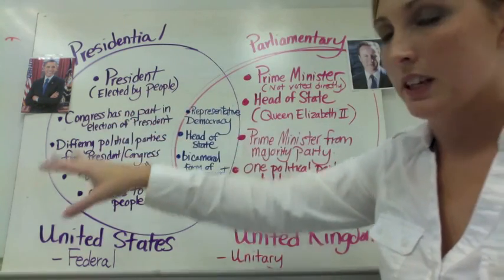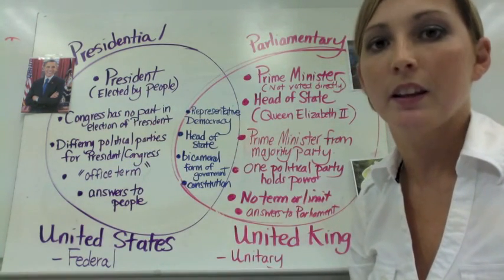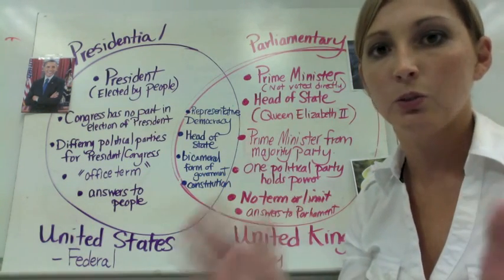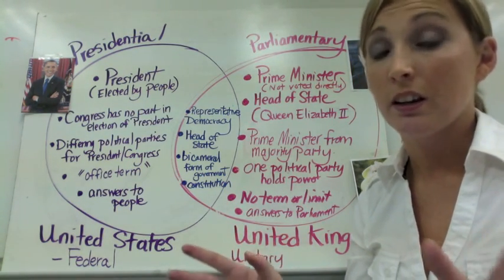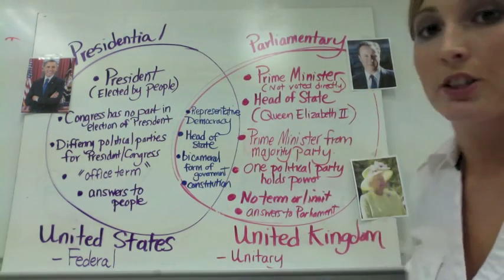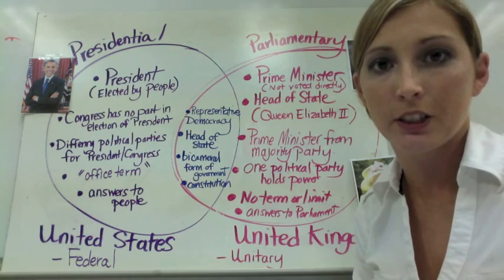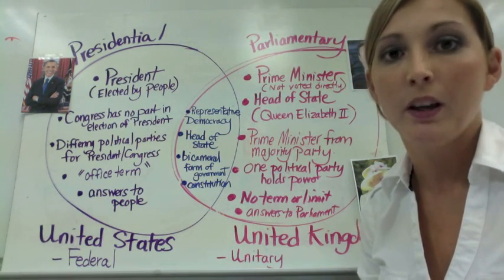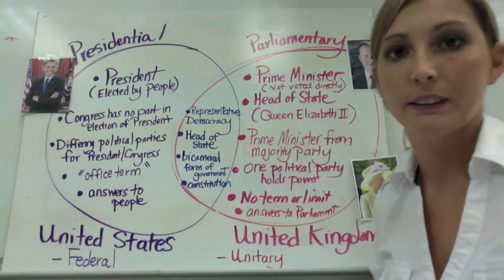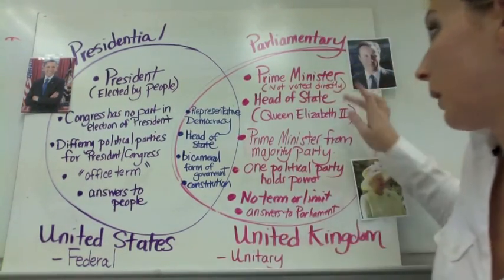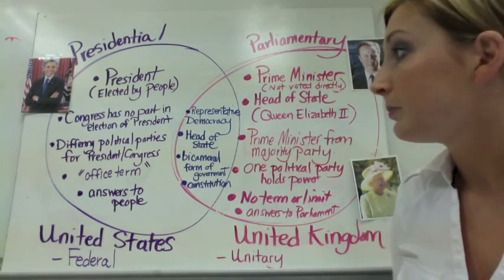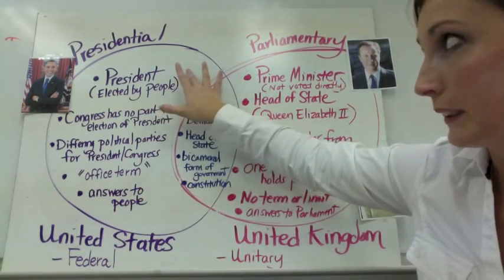So the election that takes place for our president and the election that takes place for our Congress members are completely two separate elections. And with the parliamentary democracy, there's only one election, and that one election selects legislative members of Parliament, and from Parliament or within Parliament, the Prime Minister rises. Like I said, the Prime Minister is not directly voted for by the citizens. Also, in a presidential democracy, there are